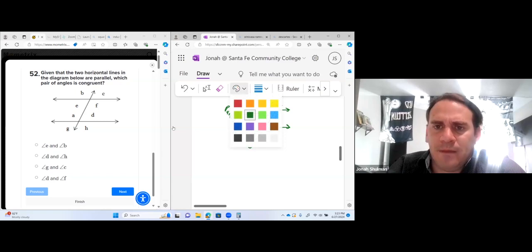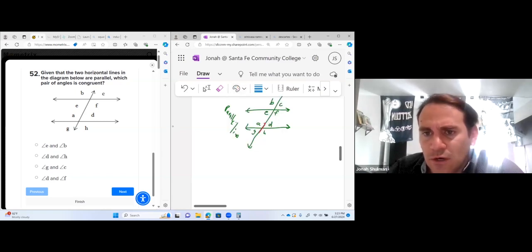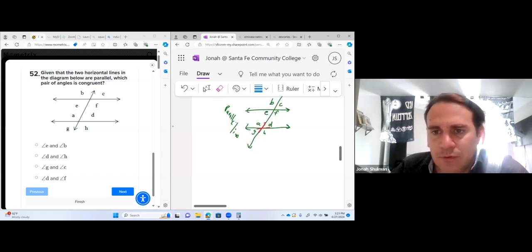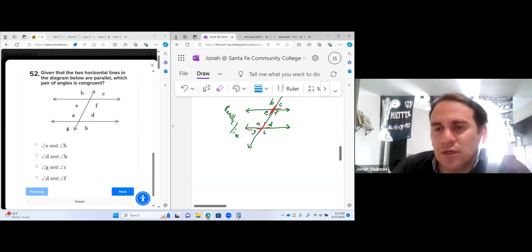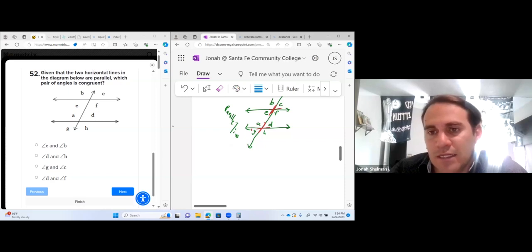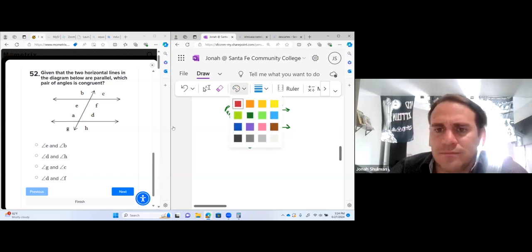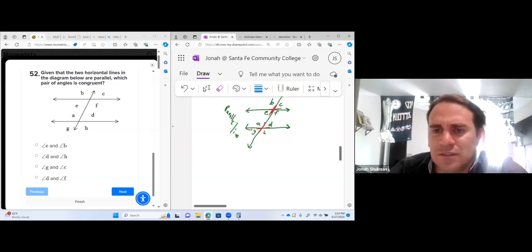Now, you can visualize these 4 getting ripped up and placing them on top of these. So these are all a match. Now, what else is a match is that anything that crisscrosses is a match, and if they're together, they're supplementary. So let's say, for example, that this is 80 degrees. Sorry, it's an obtuse angle, so it can't be 80 degrees. So let's say it's 100 degrees. So if it makes a straight line, this one has to be 80.